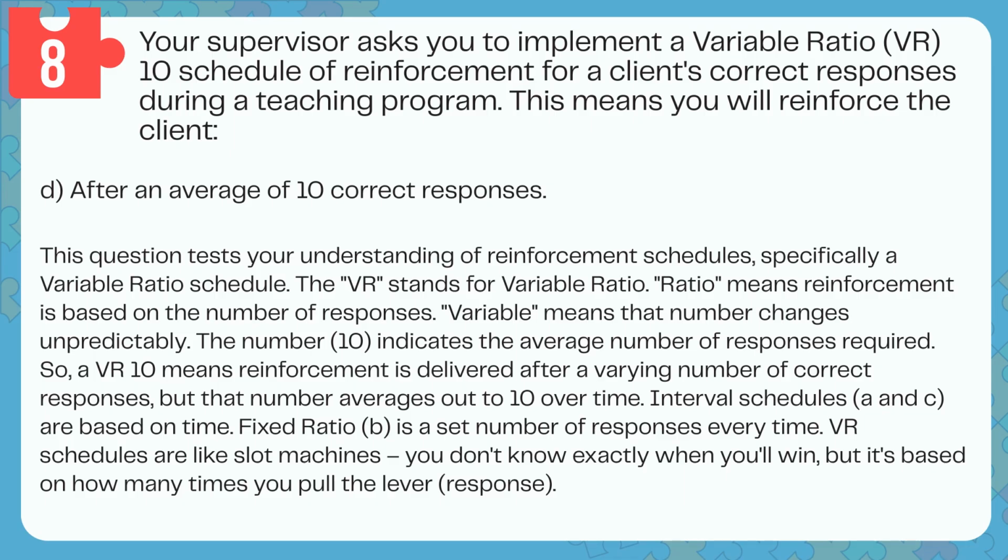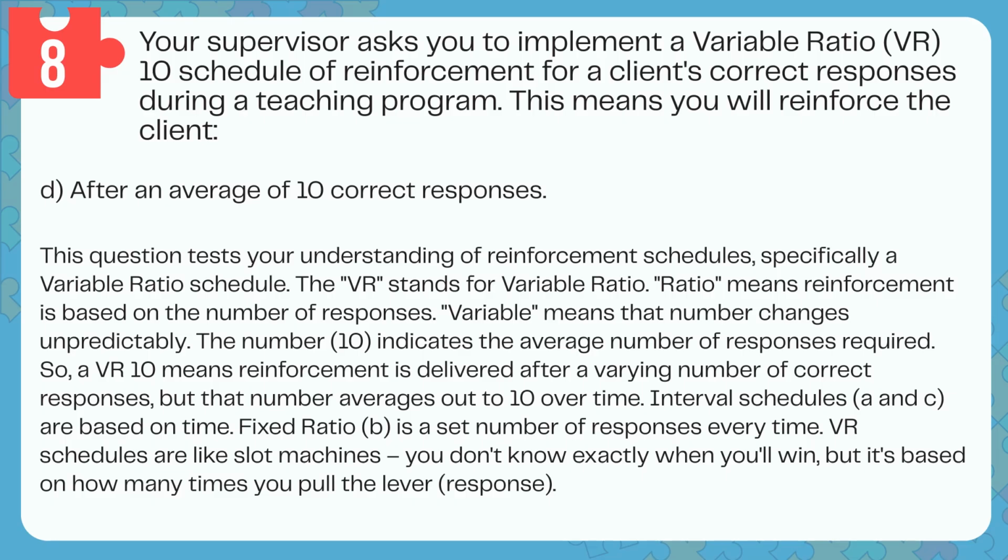This question tests your understanding of reinforcement schedules, specifically a variable ratio schedule. The VR stands for variable ratio. Ratio means reinforcement is based on the number of responses. Variable means that number changes unpredictably. The number, 10, indicates the average number of responses required. So, a VR10 means reinforcement is delivered after a varying number of correct responses, but that number averages out to